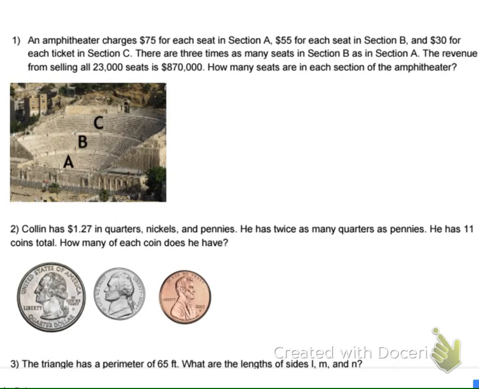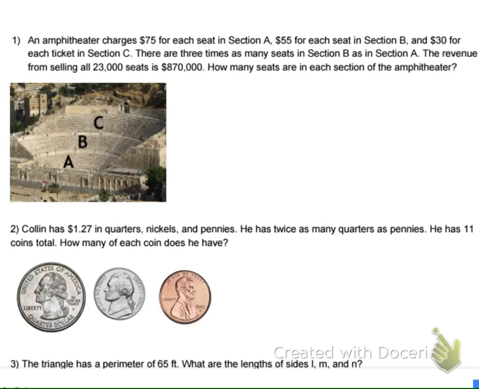Okay, so then if you were in class, the next thing that we did was this 4-problem activity. So we were in groups, and with your group you solved one of these word problems. I'm just going to go ahead and go over the correct equations and solutions again. So for number 1, it was talking about this big amphitheater, and there's 3 different sections. They charge a different price for each section, and there's a total number of seats and a total income that